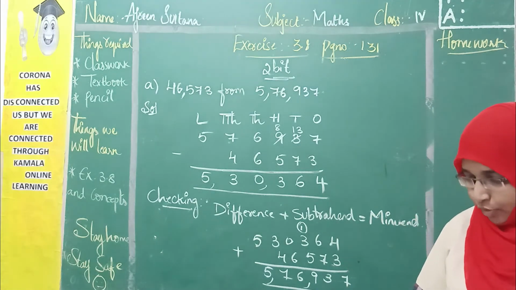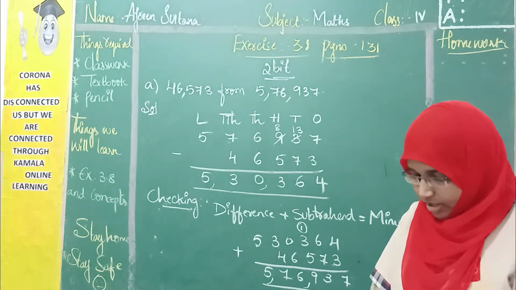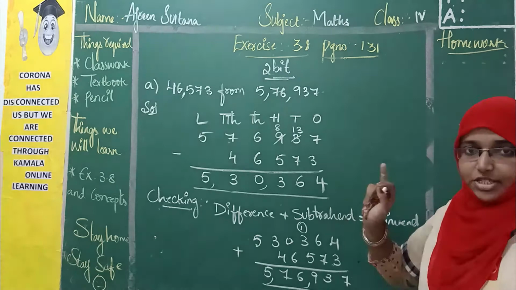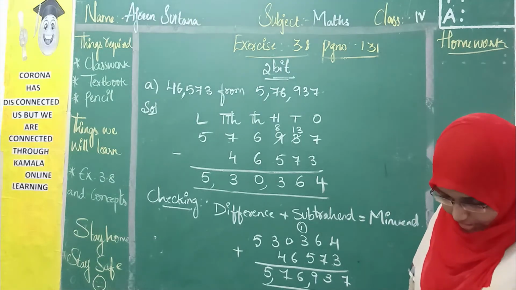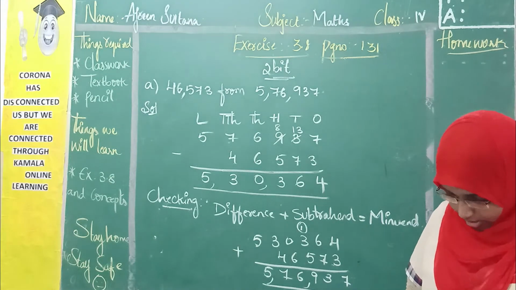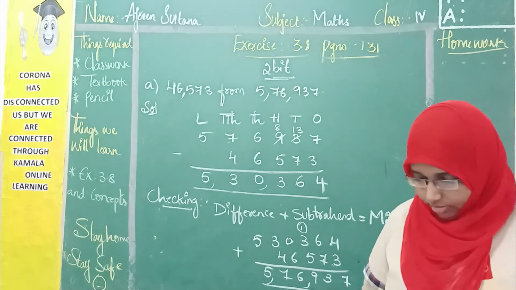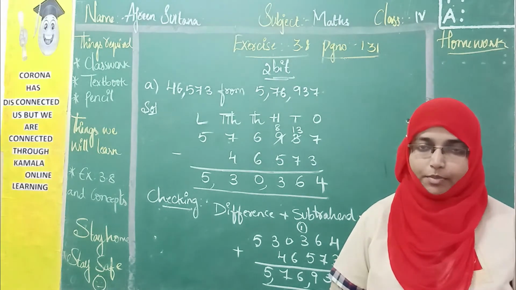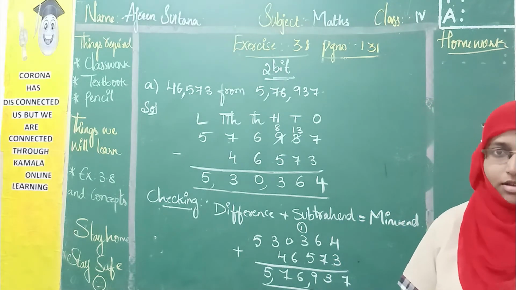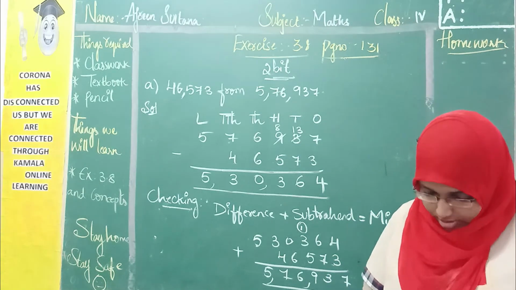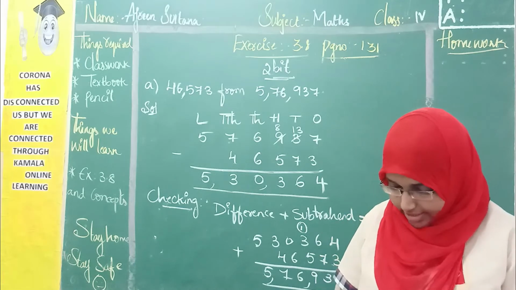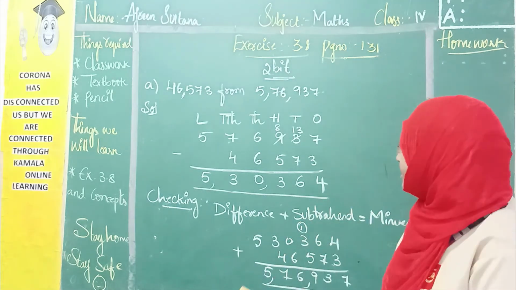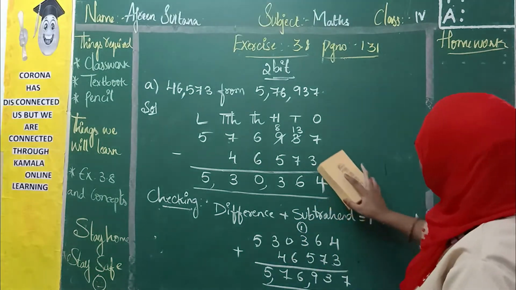Yes, let us move with our exercise 3.9. What you are going to do is only B and C from this, and the first bit you are going to complete. Open your page 133. Write down exercise 3.9 in your classwork. Write the first heading, Exercise 3.9. I hope you have done.